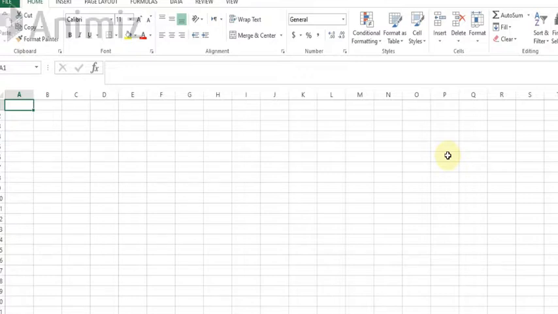For example, if you have to calculate the number of students in your class, you put the data in these rows and columns, then you write a formula, and it will calculate the number of students in the class, and you can work on different types of data. So this is basically MS Excel. This is the spreadsheet that I was talking about.